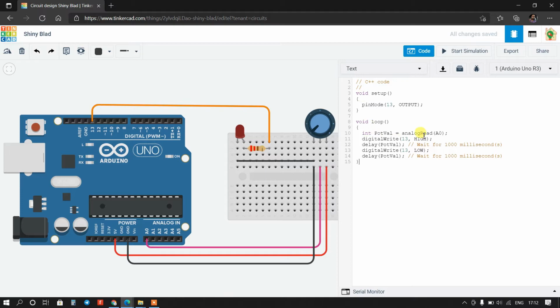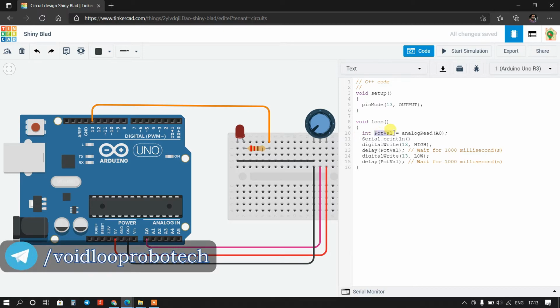Here I will print its value. So Serial.println, and here potentiometer value will be printed.